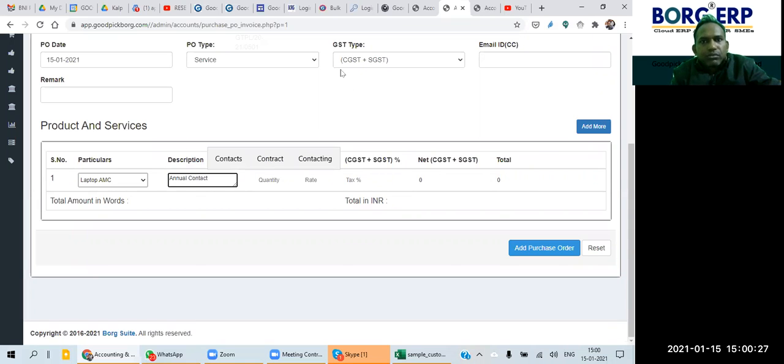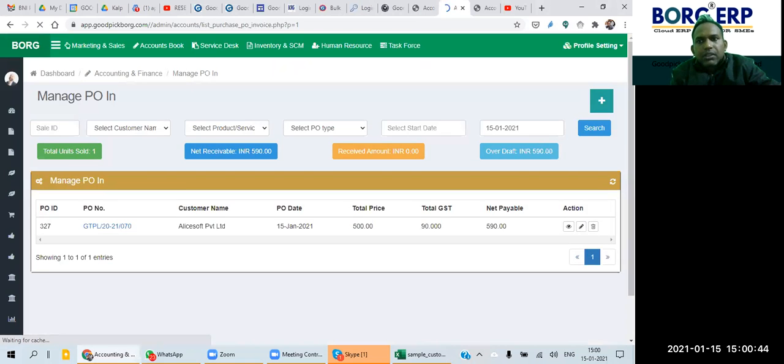Then quantity, for example I'm just putting 1, then the rate 500, then GST percentage 18. Then click on add purchase order here. Now you can see the purchase order is there.